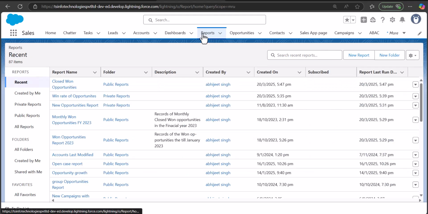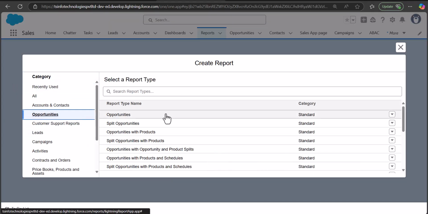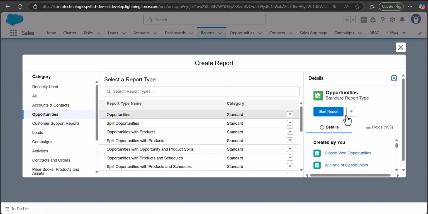And now we will move to the next part where we will see how you can create a loss percentage report, where we will analyze the closed lost opportunities. So for that, again I am on the reports tab, and here we are going to create a new report again. So again the category and the report type is going to be opportunities,